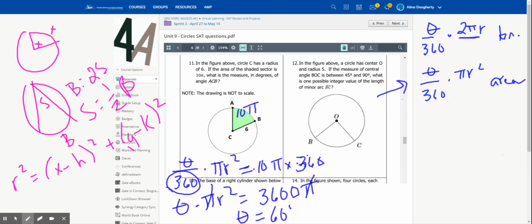No, that is not right. I forgot that we know the radius. So theta times 6 squared equals 3,600. 6 squared is 36. So pi times theta equals